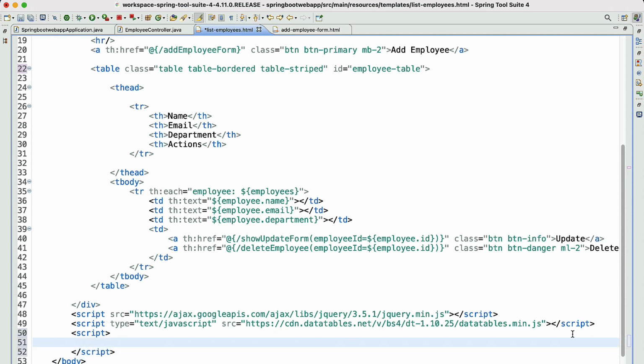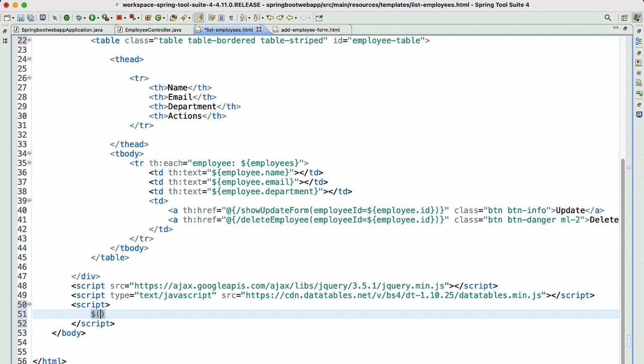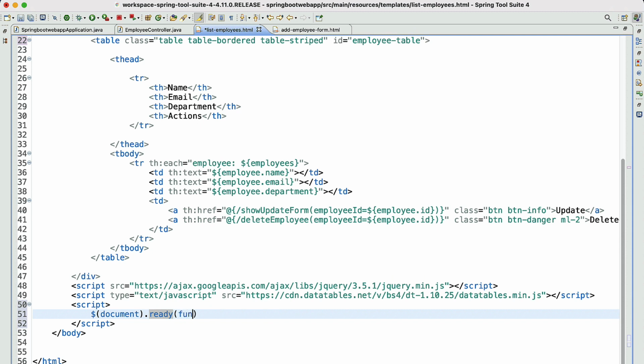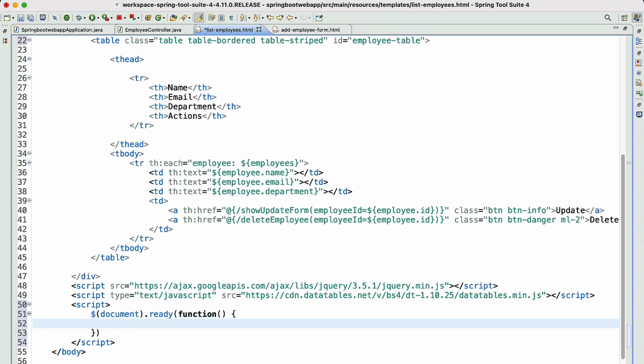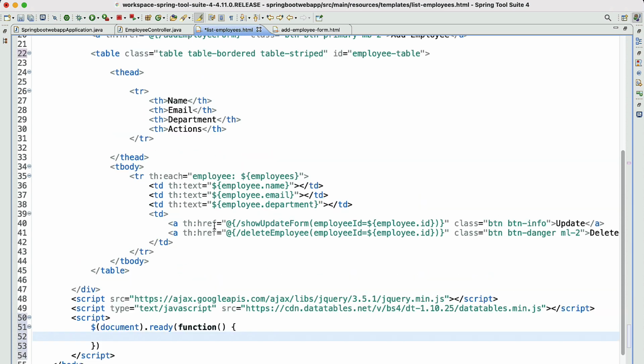Inside the script we are going to make use of the jQuery selectors, $(document).ready. This will take the anonymous function as a parameter. Inside this we are going to add the ID selector.